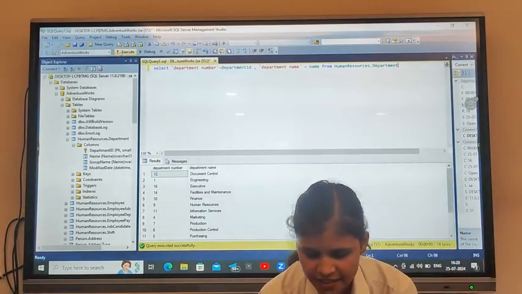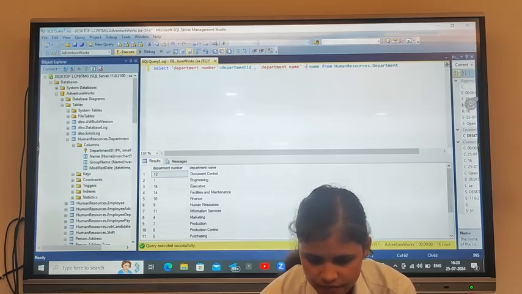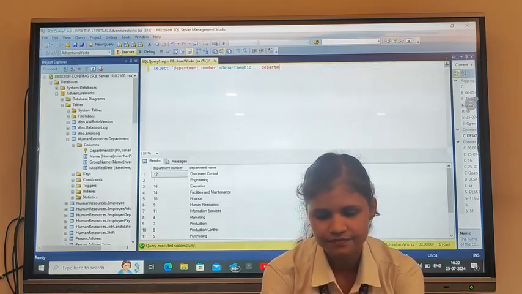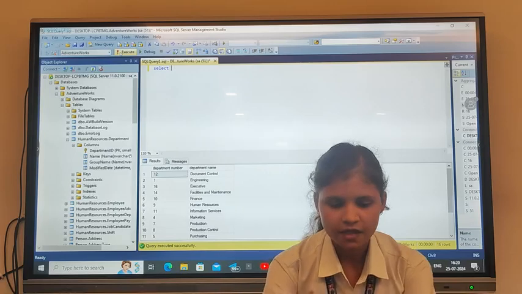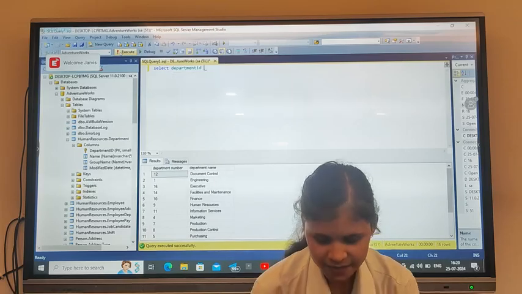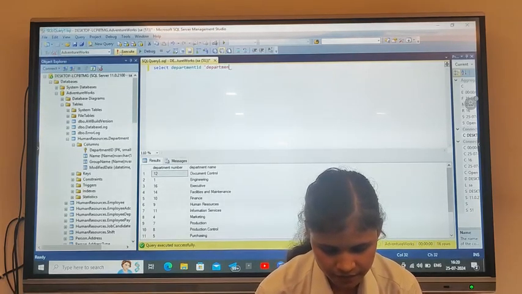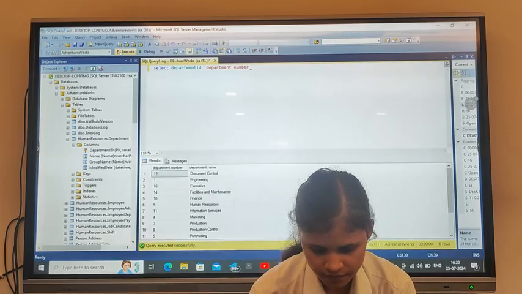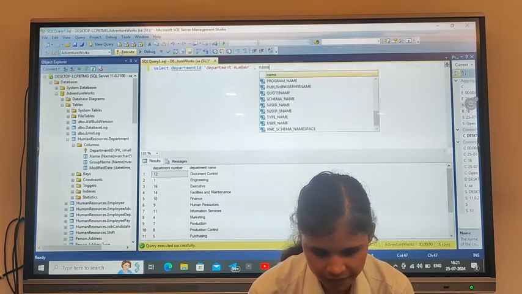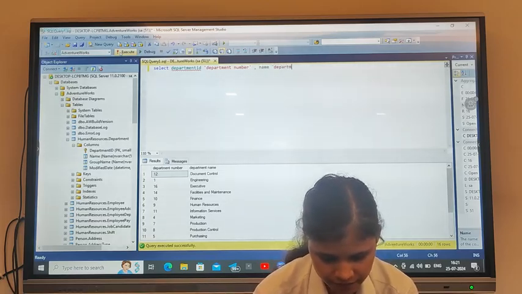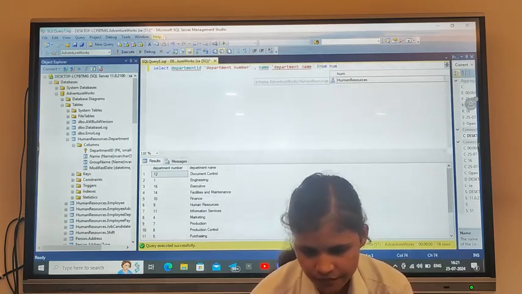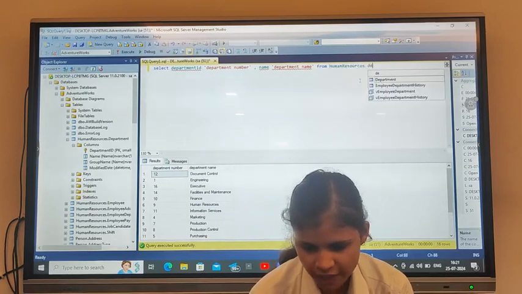And the second way is select old name and a space and new name, and a comma and the old name and new name, from human resources department.